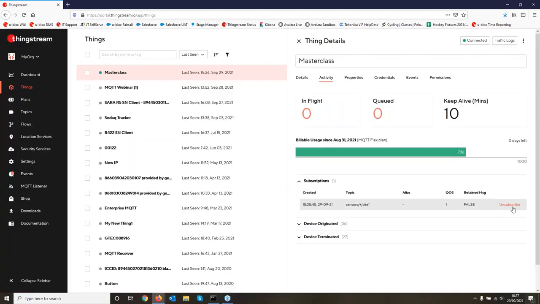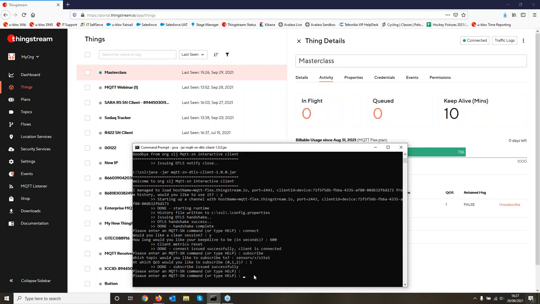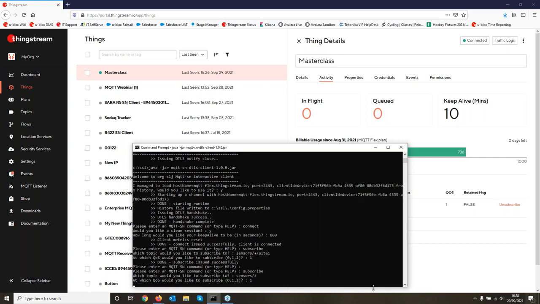Let's clear those queues out, and we'll set up a subscription now to the other wildcard level. So let's say sensors/hash. So this is now saying, subscribe to sensors/hash, with a quality of service of 1.